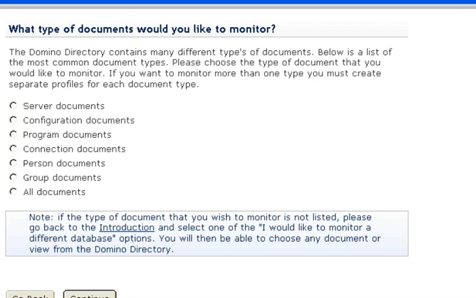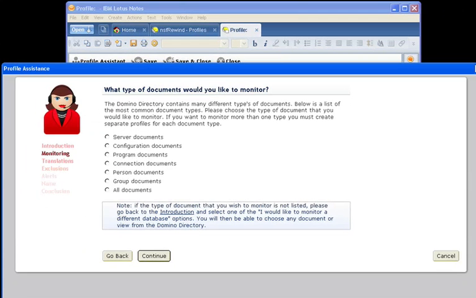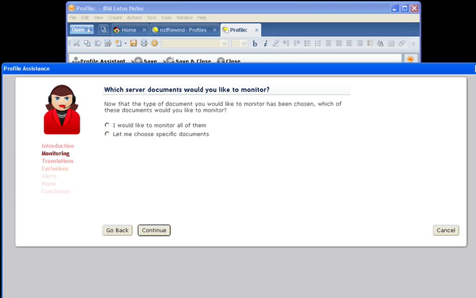You can choose from server documents, configuration documents, program documents, connection documents, person documents, group documents, or all documents. I want to monitor my server documents, so I'm going to select server documents and press Continue. I can now select to monitor all of the server documents in the Domino directory, or select specific server documents